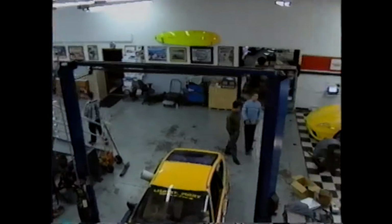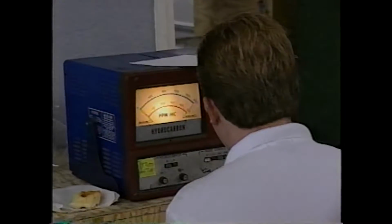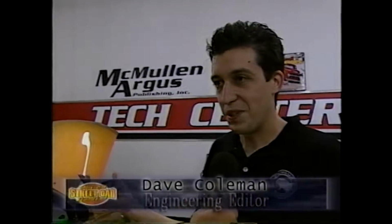Yeah, this is the McMullen Argus Tech Center. We share it with all our magazines. Doing a bunch of work in here all the time. We're doing our dyno testing, we're doing our emissions testing, and we're doing our engineering evaluation. Dyno testing is pretty obvious. We see how much horsepower it's got. But we also are giving it a score based on its power delivery. So instead of just peak power, we also give it a score on how much power it gives over a